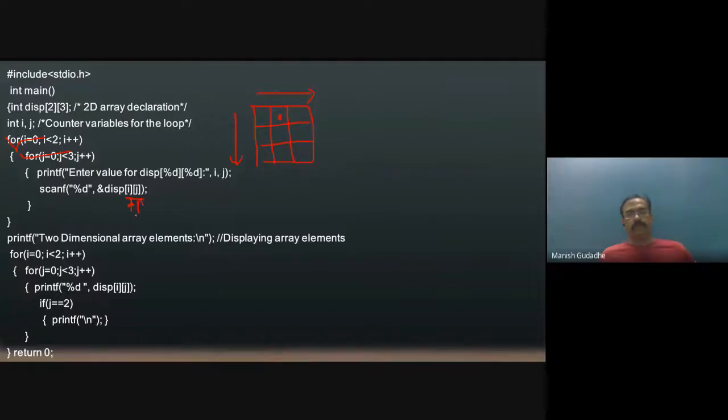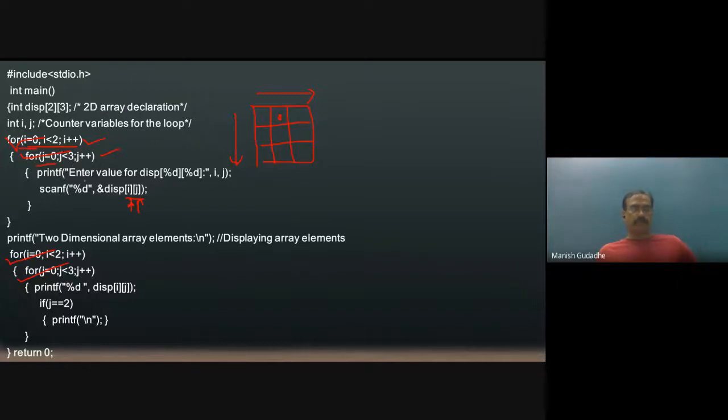So these two dimensions, for that purpose only, we have two for loops. One will be for row, and for each row we have all the columns. So for each occurrence of i, we are going to have all the occurrences of j. Similarly, in the printf also, we are going to have the same thing, that is the two for loops. So in this simple way, it can be entered.